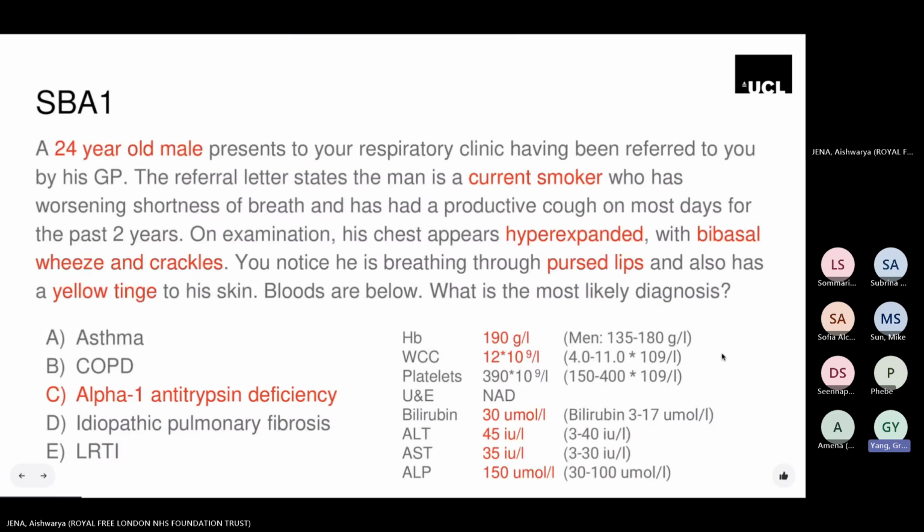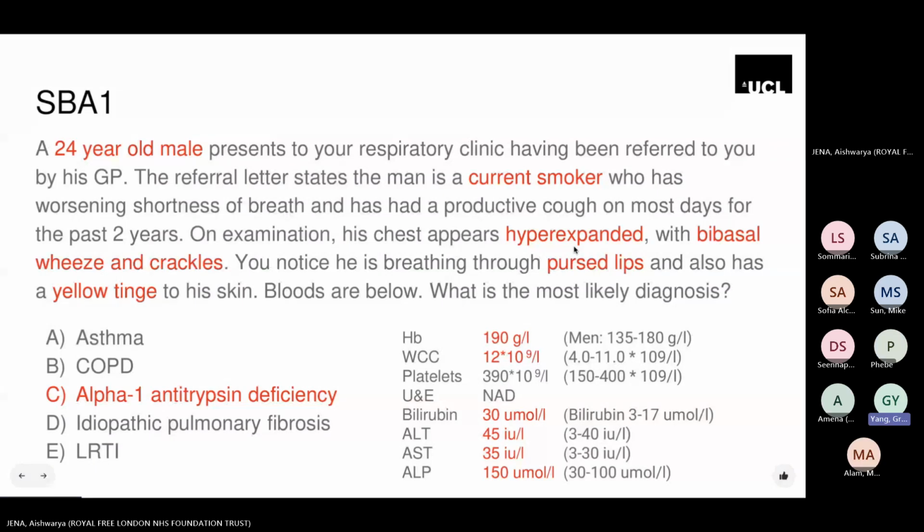The answer is C, alpha-1 antitrypsin deficiency. The key things to look at here are the yellow tinge on the skin and the liver function tests, together with the wheeze and crackles. So when you see a question where they have